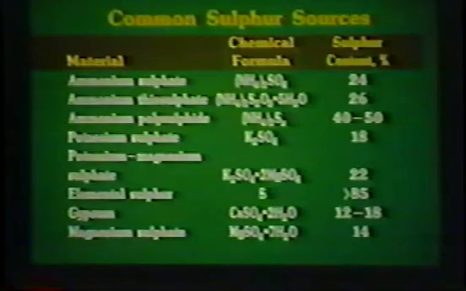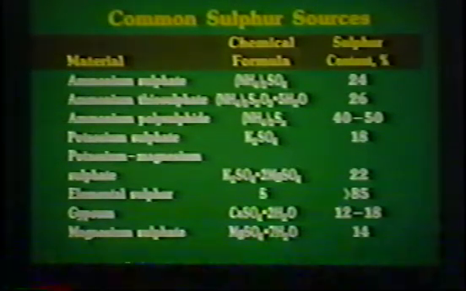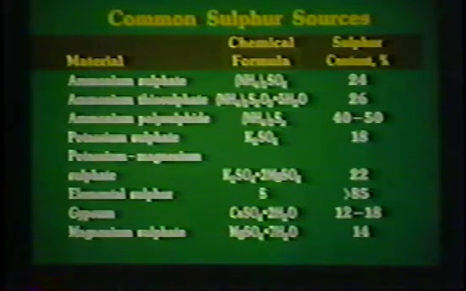Immobile plant, or immobile nutrient. And that very definitely is the case with sulfur. Sources of sulfur, well, the ammonium sulfate that I just talked about is listed as number 1, but if you're talking about alfalfa, potassium sulfate or gypsum would be the better source there. Potassium sulfate if you need the K. If you don't need the potassium, then gypsum would be a far cheaper source of sulfur in most areas of